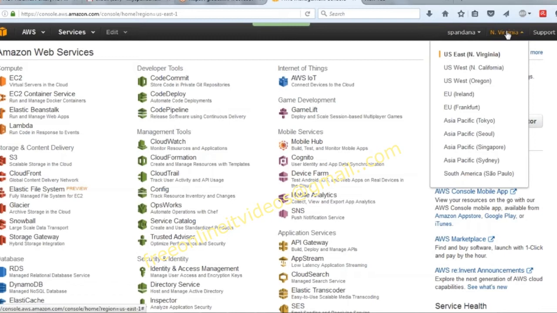In Europe it comes to Ireland, Frankfurt. In Asia you have 4 of them. In South America you have 1 location. You can simply ask me why we are hosting it in different geographic locations rather than heaping up all the servers in one place. Simple question. There are 2 major reasons for it. First thing,